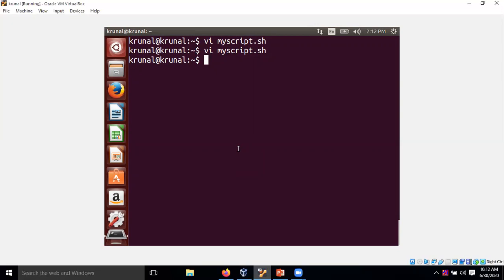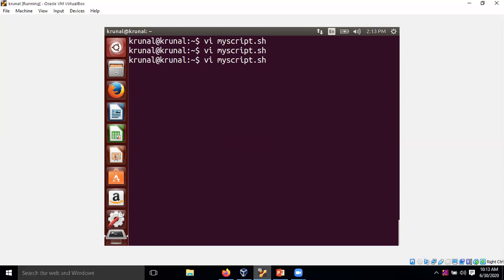Before we start, I have already created one sample file so that we can reduce our execution time. I'm going to open it with vi. VI is nothing but the editor name. myscript is nothing but the file name, followed by .sh.